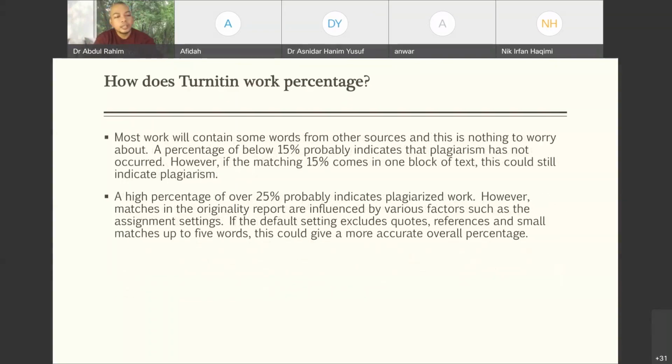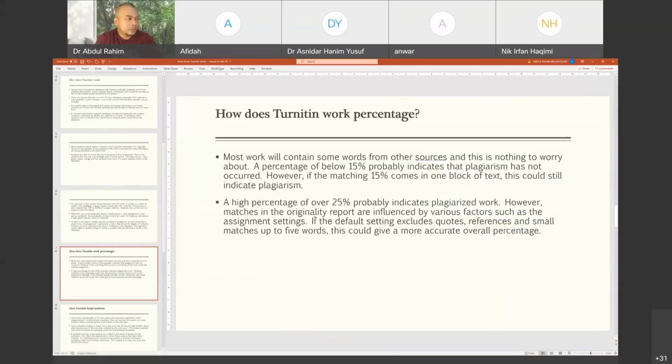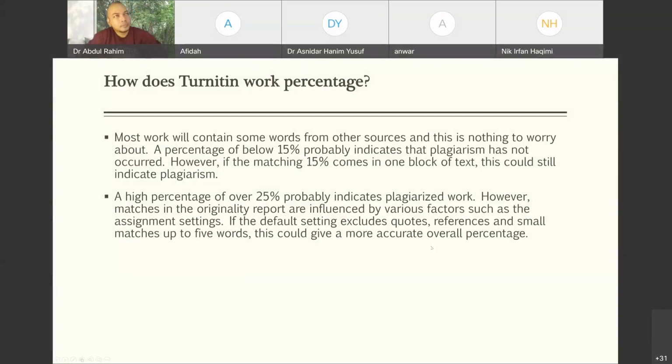Doctor, can I ask a question or should I wait until you finish presenting? You can ask the question, please. Okay. All right. Hello, everyone. I'm Asnida from Perdana University in Kuala Lumpur. Based on the situation that you were describing just now,